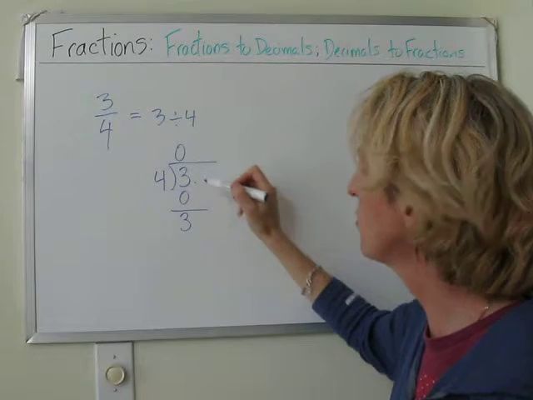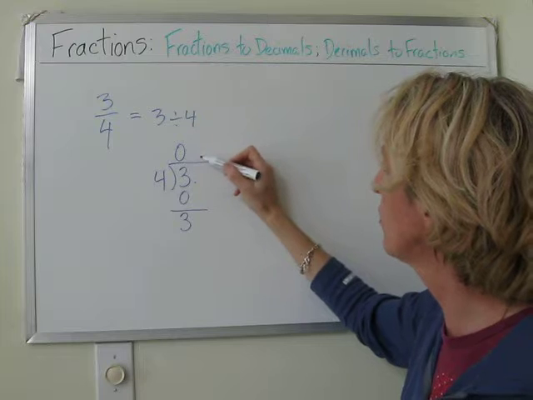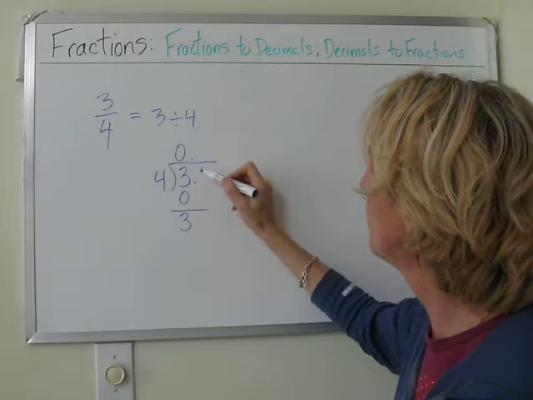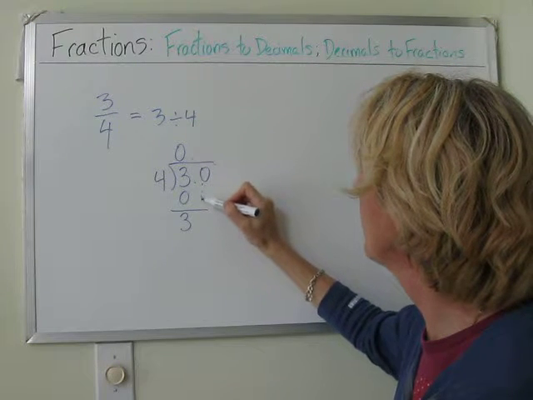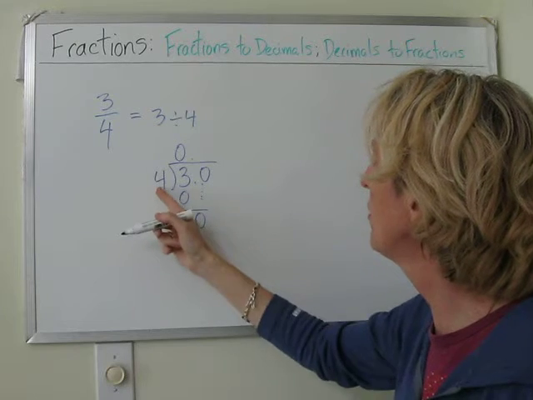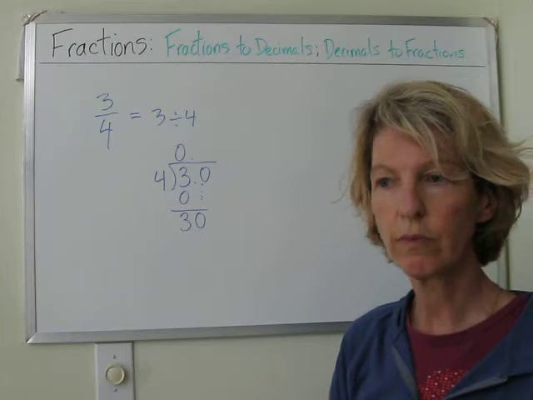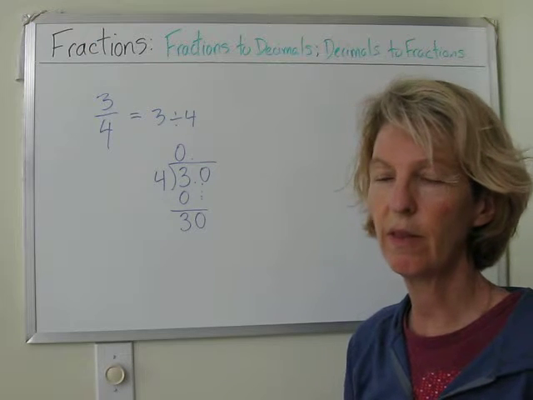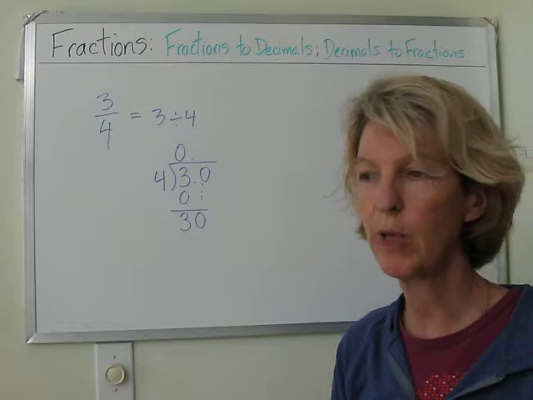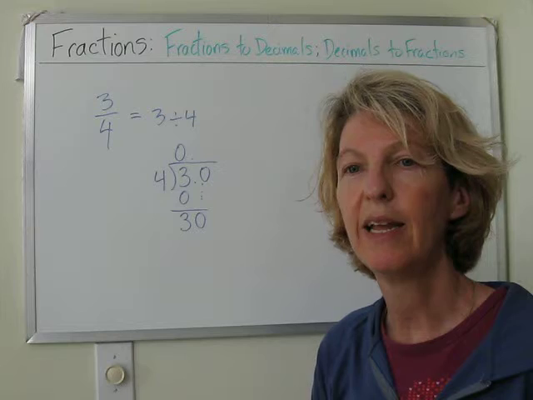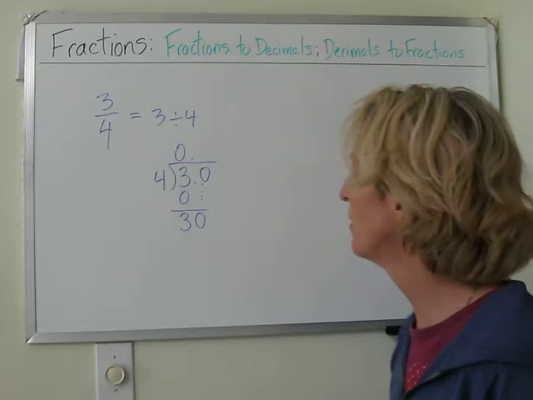Now, we need our decimal, right? Yeah. Because now we're going into our decimals. Now, we have a 0 here. We bring that down. How many times does 4 divide into 30? Think, even though you should know the multiplication tables. And the answer is